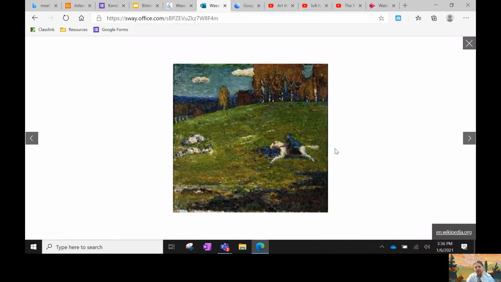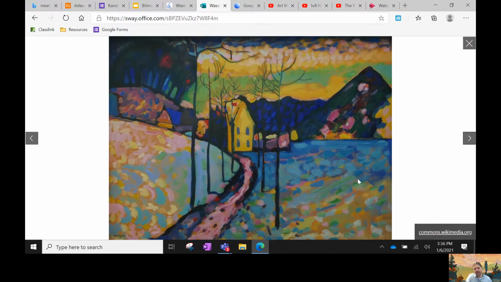This one's called Der Blaue Reiter. That's in German, so my pronunciation is probably iffy. It means the blue rider. And it's on a horse, and he's wearing a blue cloak. He's starting to get more abstract. You can tell that this is winter hills. You can see the snow with the blue shadow on it.